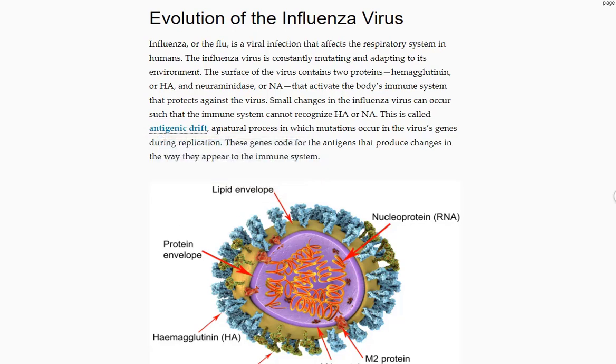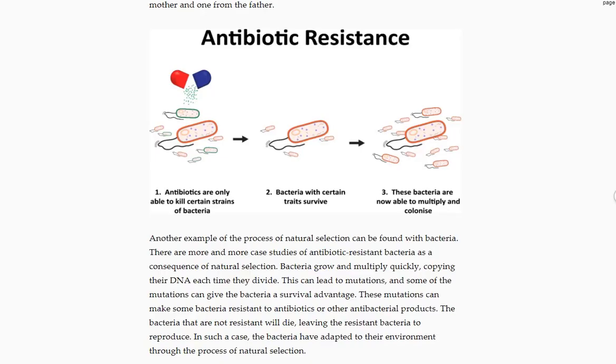When that happens, natural selection takes over. Your immune system recognizes all of virus strain A, kills it off. Virus strain B makes it through the process. It has a competitive survival advantage. Your immune system can't recognize it anymore, so it lives. And it becomes infectious, and it does its thing. So antigenic drift: random mutations that happen a billion times, and one of them eventually confers a survival advantage to the virus. Now, here's the other thing, too.